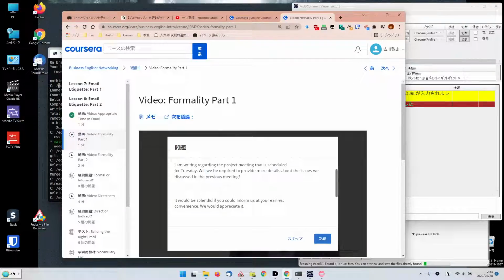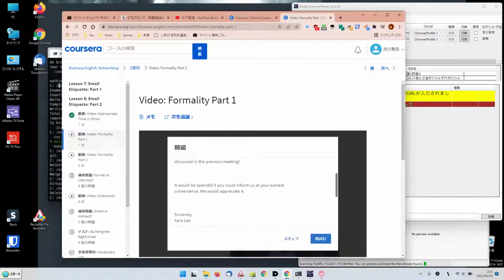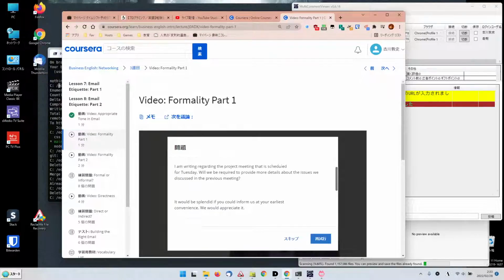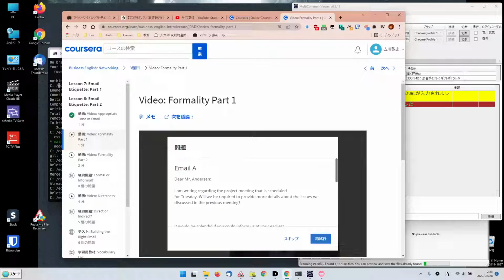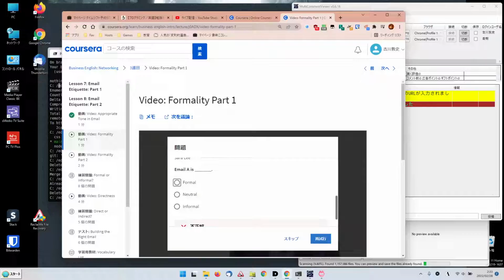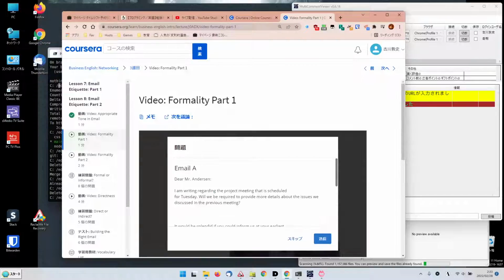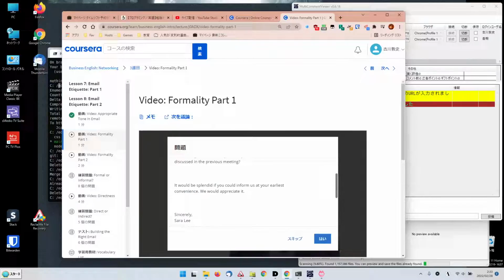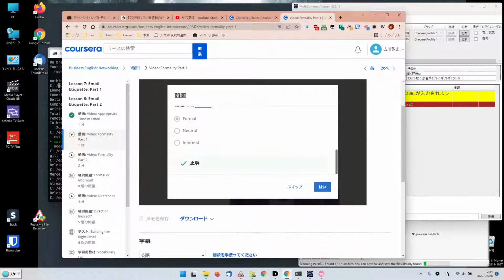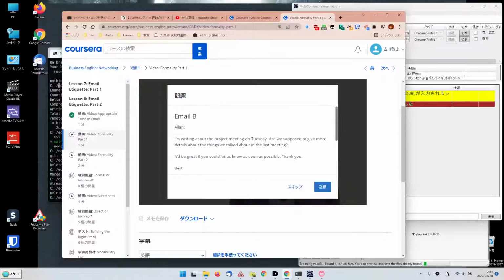It will be... うわ、すげえ、フォーマル。もう、これ、フォーマル決まってるじゃないですか。次、email B。